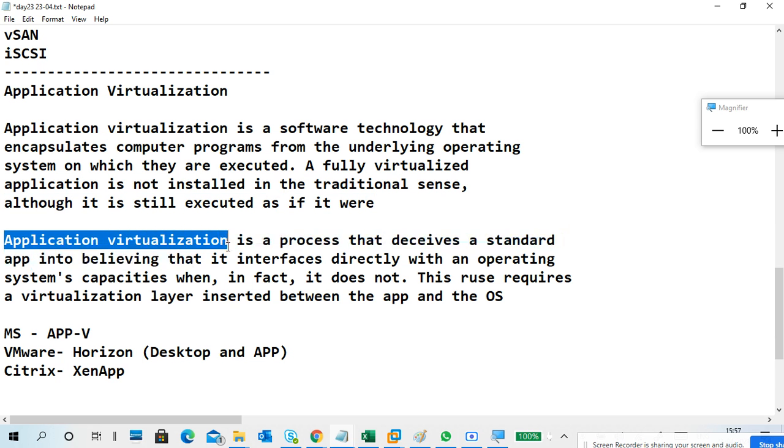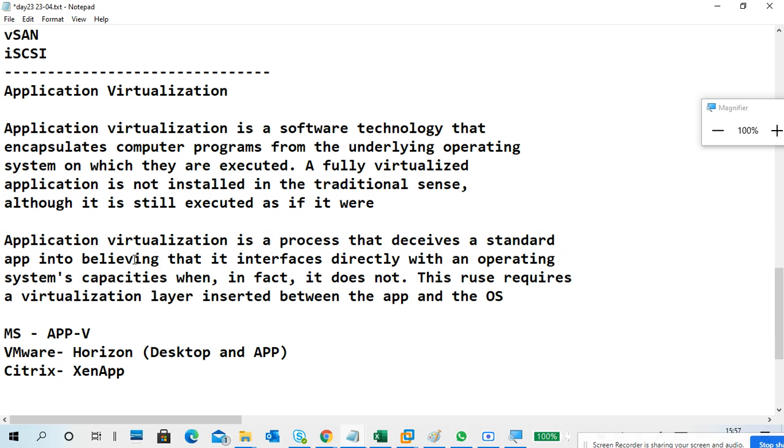So application virtualization is a process that deceives a standard app into believing that it is interfaced directly with operating system capabilities when in fact it is not.